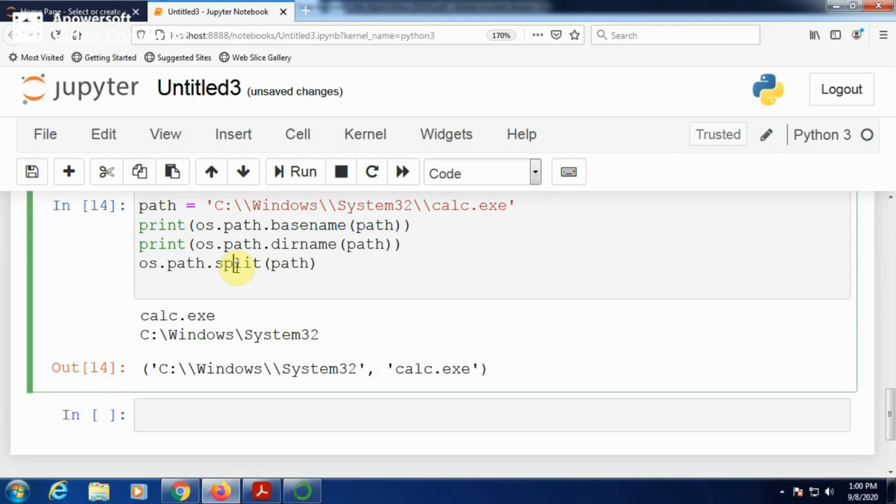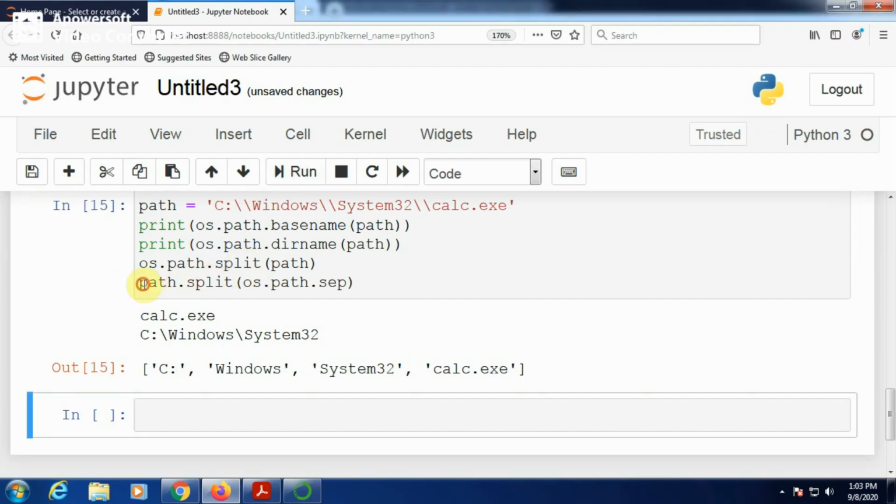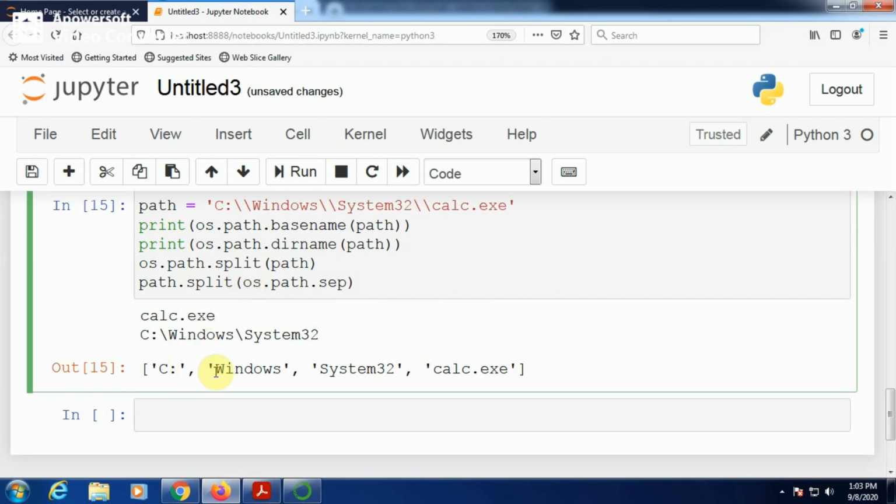Now os.path.split. This function splits the given path into directory name and file name. This is the output of the os.path.split function. We can also split the path into different parts by using a separator.